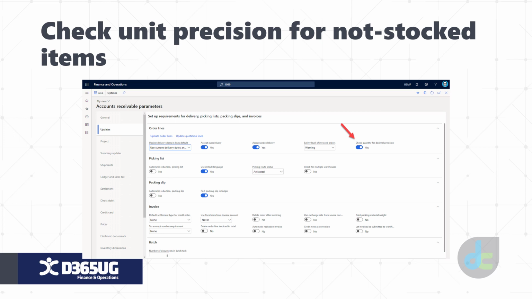Next, we have check unit precision for not stocked items. With this, when we turn this feature on, we get a new parameter in accounts receivable that says, check quantity for decimal precision.